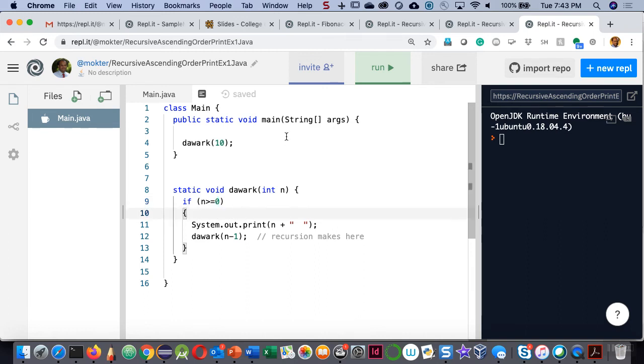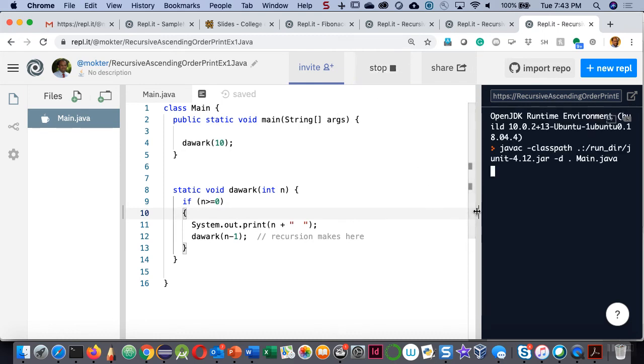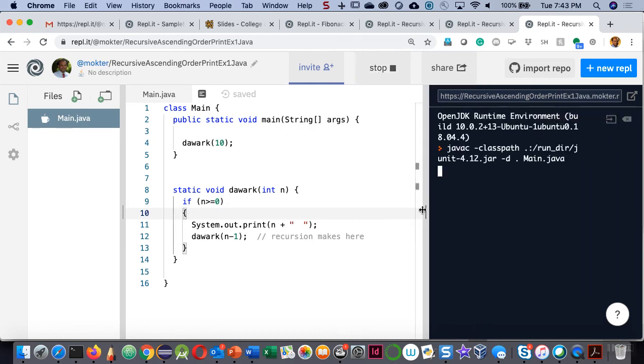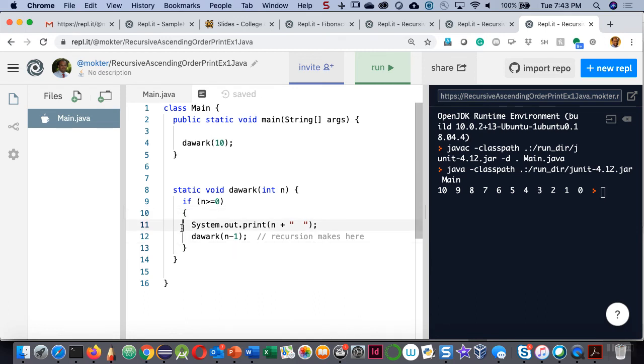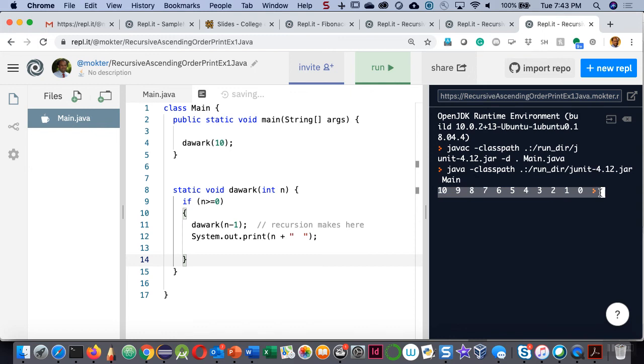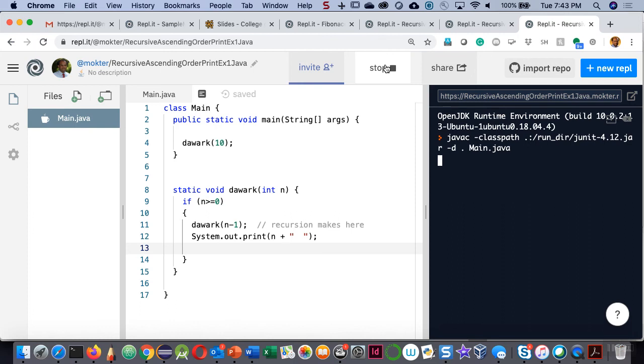So let us see. It is a very small program, but it has a significant element to understand. It goes down to 0, right? Now look at this: what if I do not print the n value here, but print the n value after the recursive call? What will happen? Remember the previous output, it was in descending order, right? But this time it will be in ascending order,